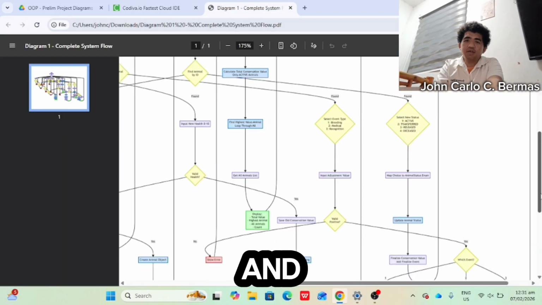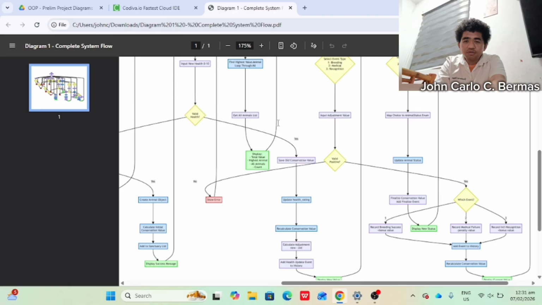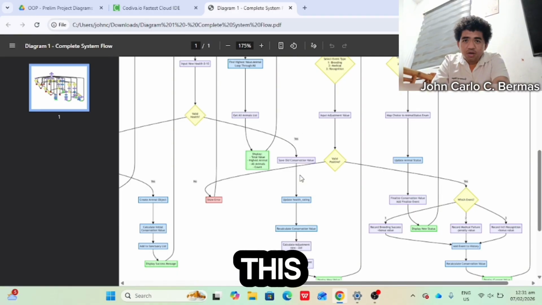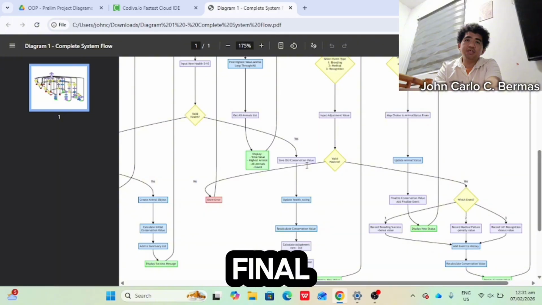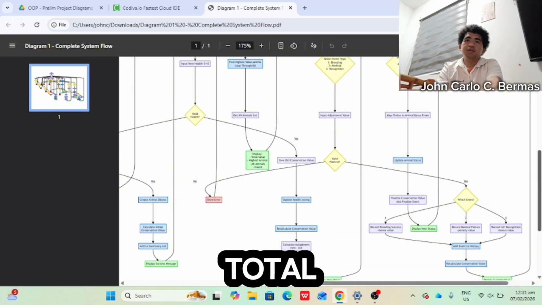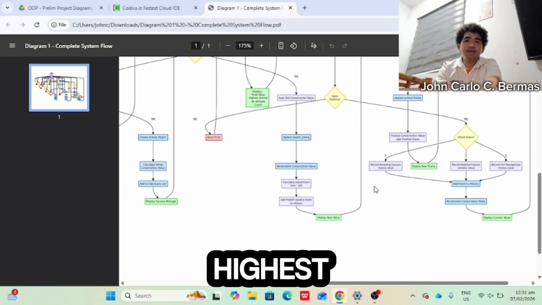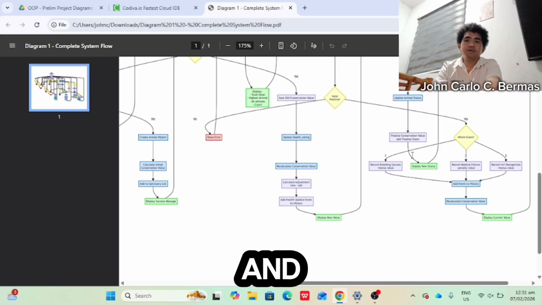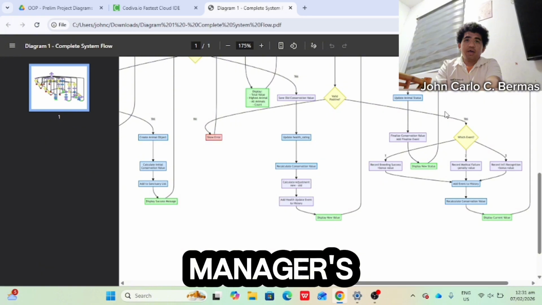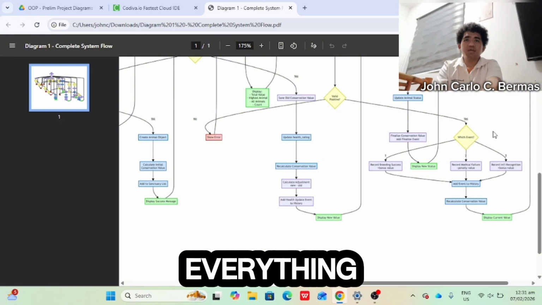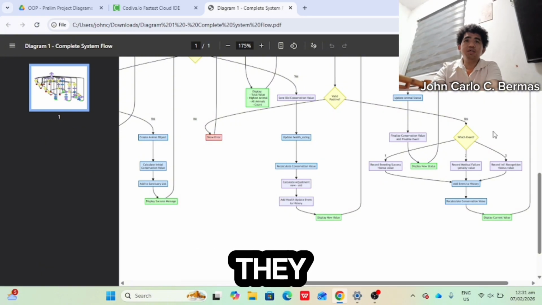The next is our report box diagram. This one implements the final display of total value, highest, and complete list. It's the manager's dashboard, everything they need to see.